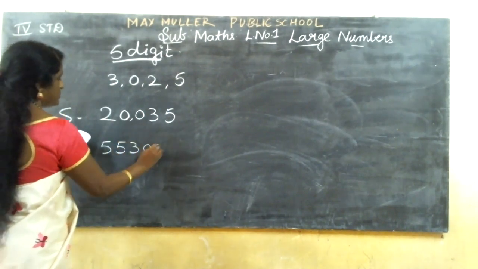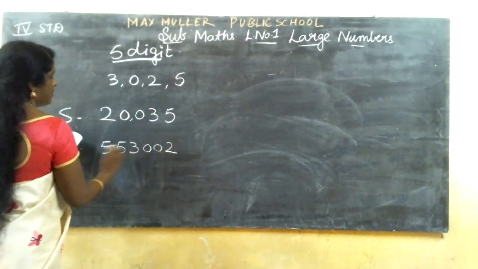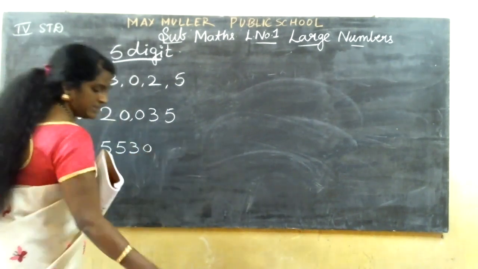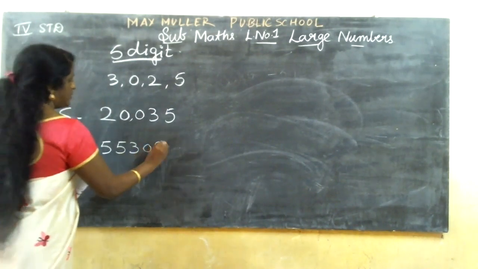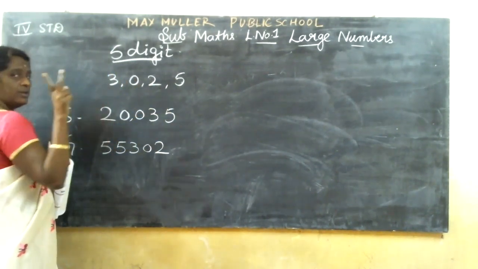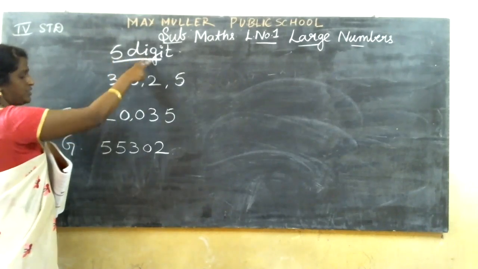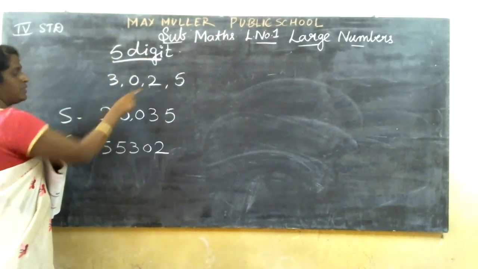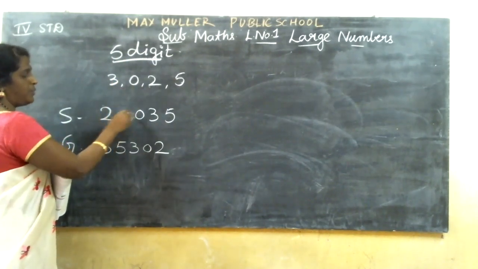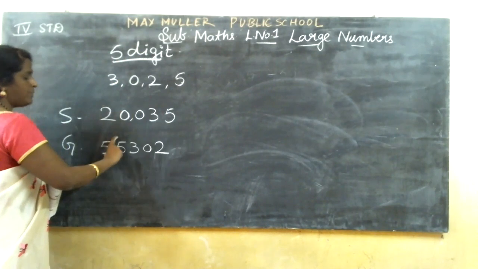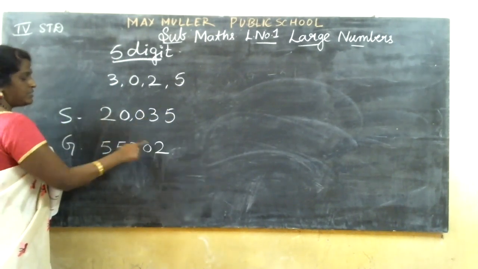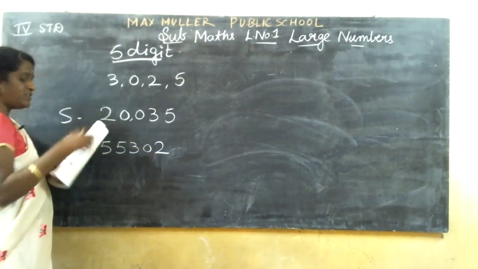3, 0, 0, 2. 1, 2, 3, 4, 5. Sorry, 0, 0 not needed, 1 zero is enough because I put 5. For the smallest number you should put 2 two times because I asked for 5 digits here. So 2 first I took, 2 one more means it will become 22,000. So least is 0, so I put it 2 times. Here the greatest number is 5, so I took 5 2 times. 3, 0, 2. So you should arrange like this, okay children?